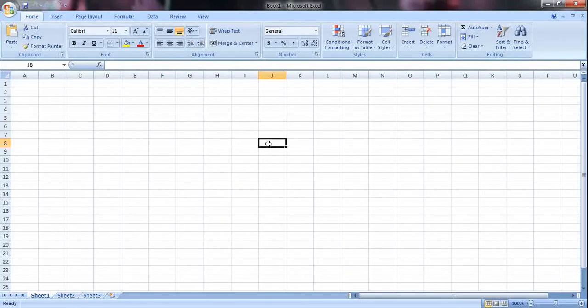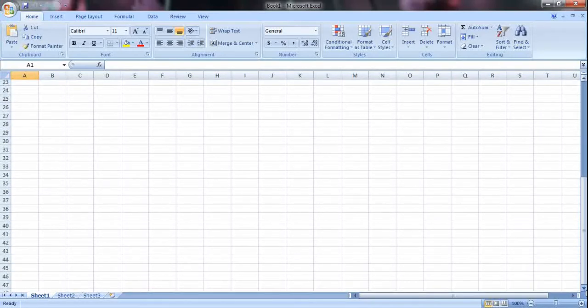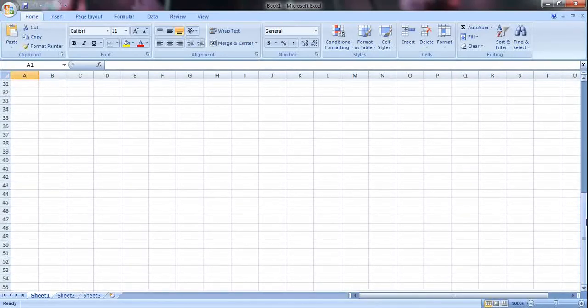Now children, you might be having a doubt like how many rows or how many columns does an Excel sheet consist of? If I just keep scrolling down, how many rows and how many columns will I have? Every Excel sheet consists of 10,48,576 rows.